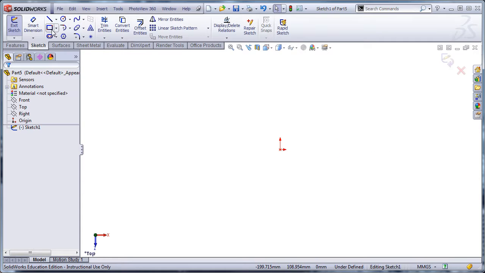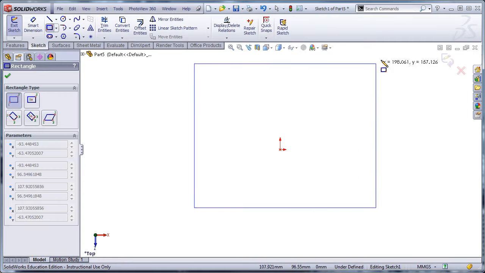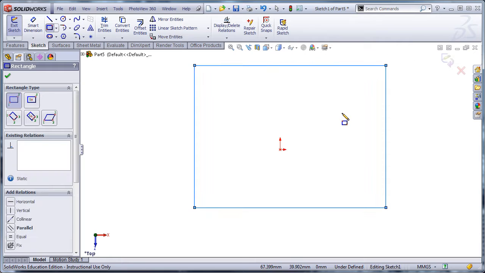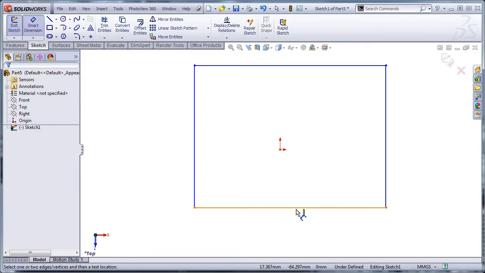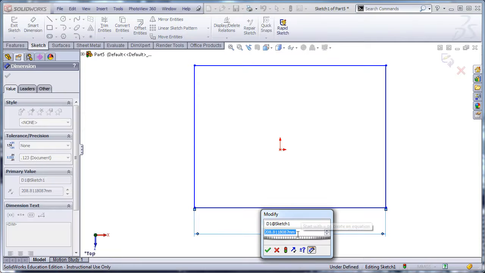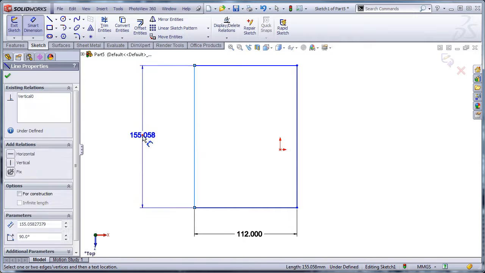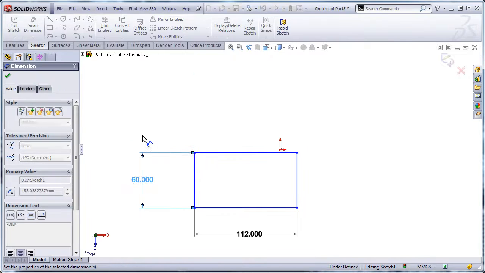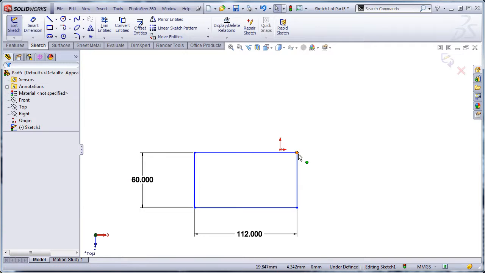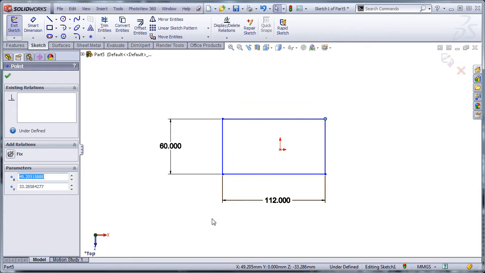All right, so back to our part. I'm going to do a rectangle, and I'm going to sketch it like that, and I'm going to dimension 112 and 60, and I'm going to drag this up like so,